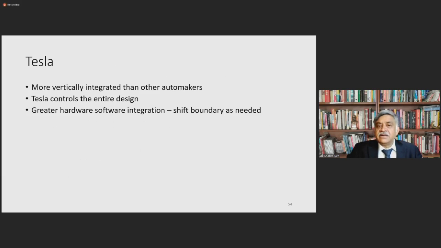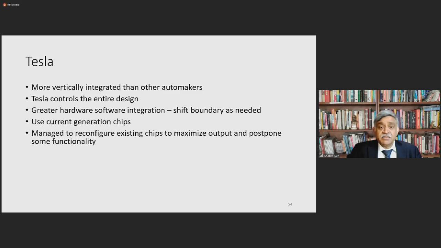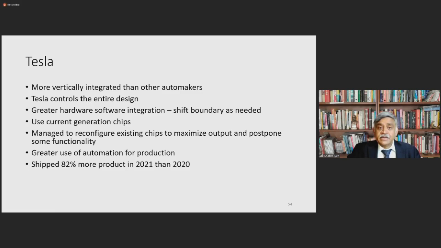Tesla is more vertically integrated than other auto manufacturers. They control the entire design, and they have a more flexible hardware-software boundary. They can reshuffle how tasks are being done. They were using current generation chips, obviously were based in Silicon Valley, and they managed to reconfigure their chips to maximize output, and in some cases, postpone some functionality to later. They also used greater automation for production, so they were less affected by labor disruption, and they shipped 82% more